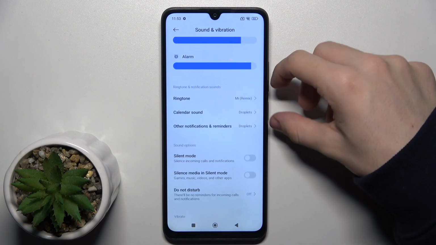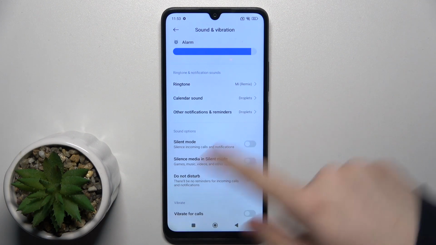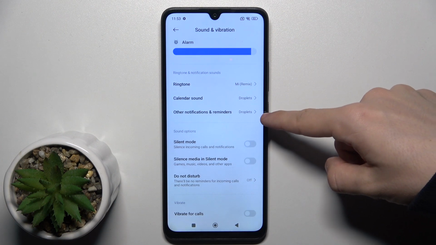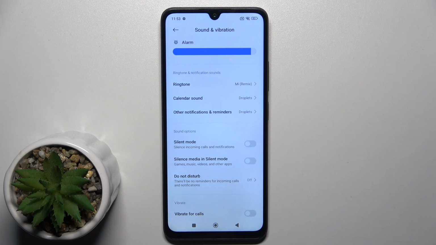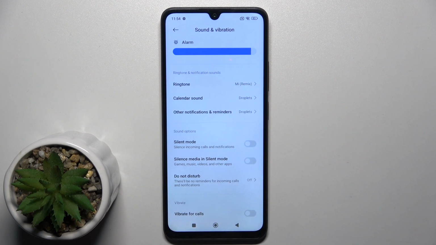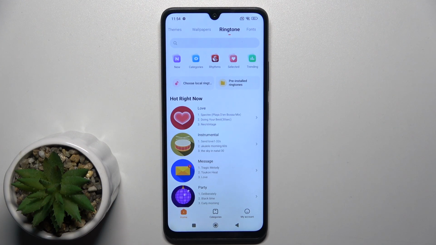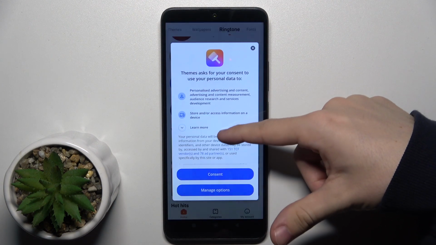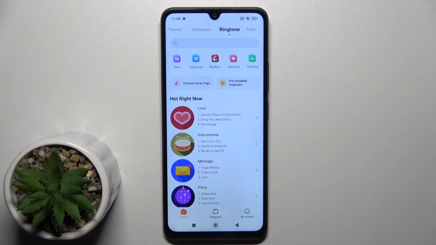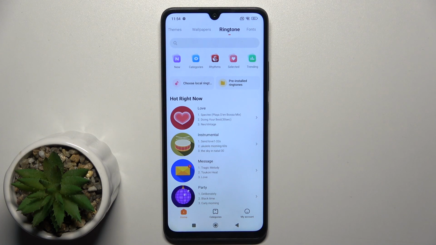Then the next three options are for changing default sounds like ringtone, calendar sound, and other notifications and reminders. And to change any one of those, just click on it and it's gonna get you to the themes app. Here you can find different themes you may download, but you can also choose local ringtone to set your custom